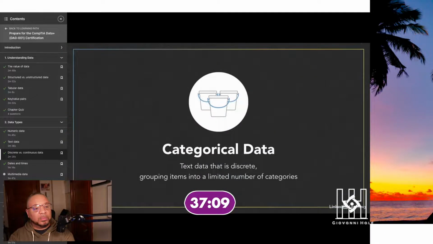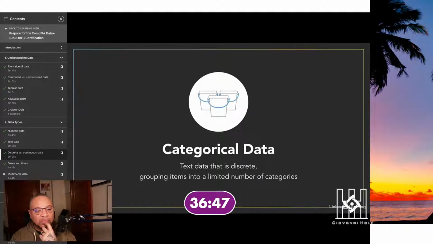Now, when you have a discrete variable that uses text values, this is a situation known as categorical data. Categorical data types are used when you're grouping information into a set of buckets with a limited number of values. For example, if we divide a group of students up by their high school class year, we might have 4 categories of first-year student, sophomore, junior, and senior.